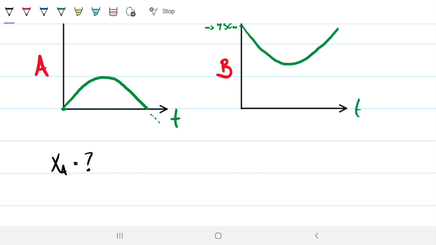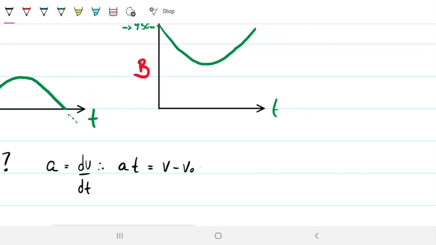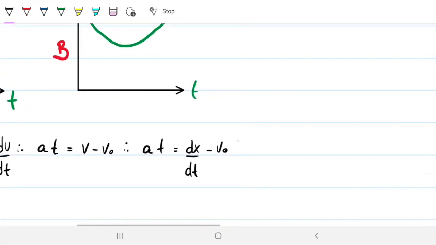Okay, we can go straight into the equation if we memorized that already, but if we haven't, we can always begin with the basics, which is that acceleration is just how velocity changes with time, and we can integrate this with respect to time from 0 to t, t being the time at which they touch each other, right? So the moment in which A touches B, and then I can sub in where I have my velocity, sub that in for how the position changes with time. And once again, I can integrate with respect to t, and then for x and dx, and this is going to give me a t squared over 2